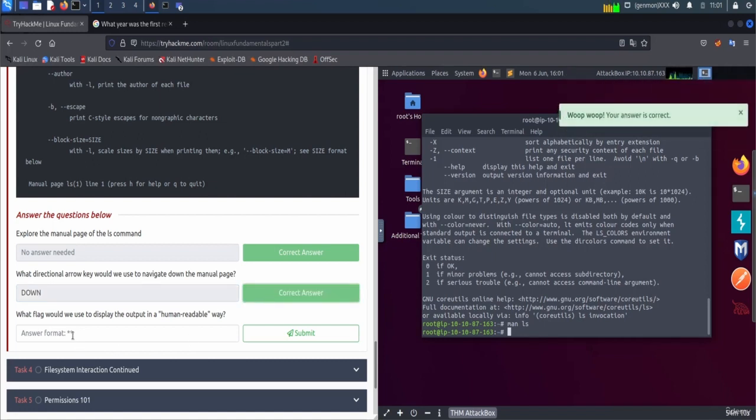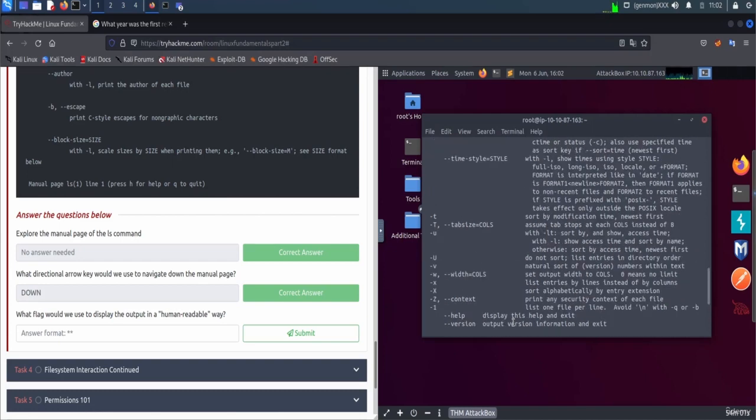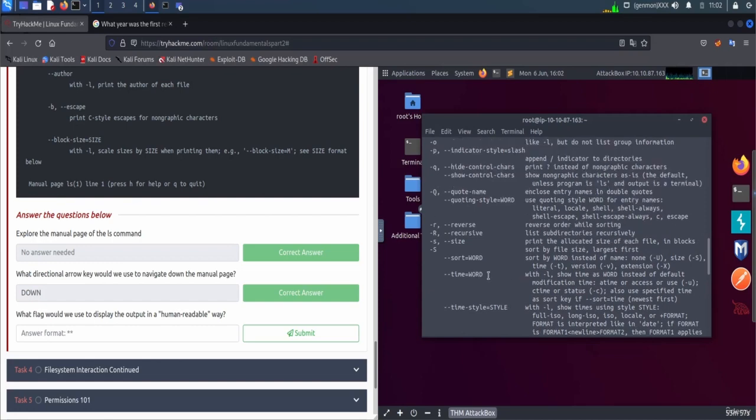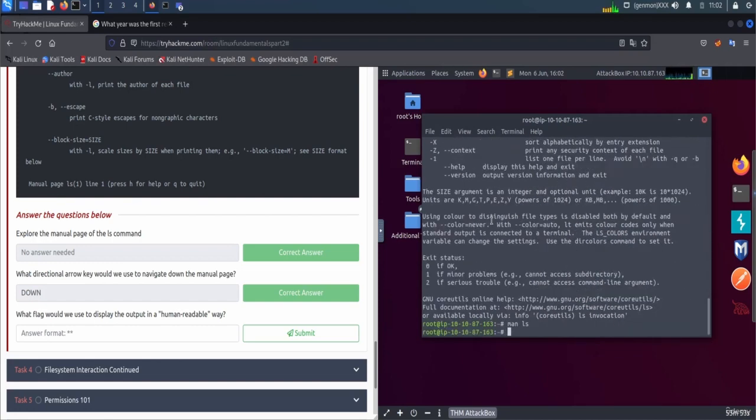Yep, that's correct. What flag would you use to display the output in a human readable way? Okay, let's find. I think it should be dash h because it starts with human readable. So dash h might be the case here. Actually, we can use grep. Okay, so grep human in